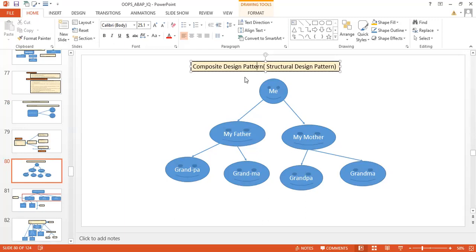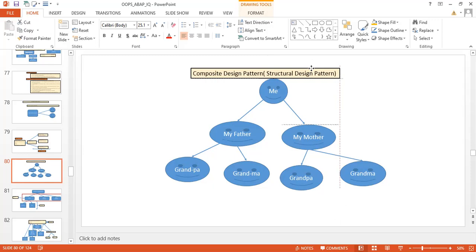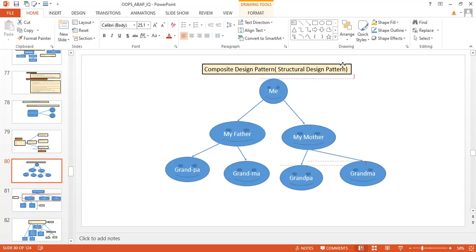We're just understanding the basics of multiple design patterns so that in an interview we can tell something about them. We want to leave the impression on the interviewer that we have an idea about design patterns. Generally the question comes like, have you used design patterns? Do you know about design patterns? Tell me some names of design patterns and their basic understanding. If you know this much, your interview is going to be easy, right?